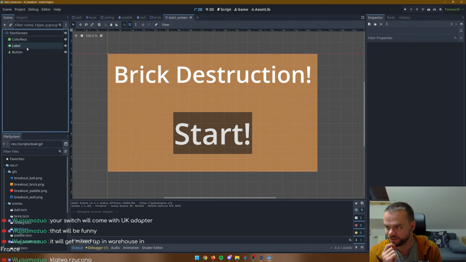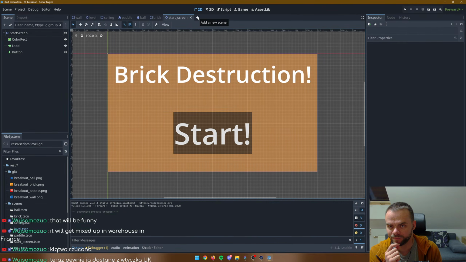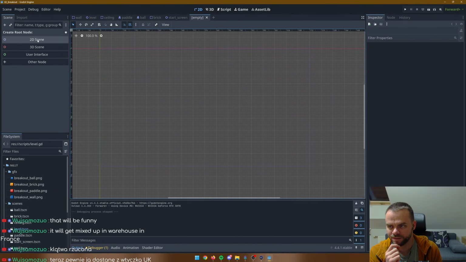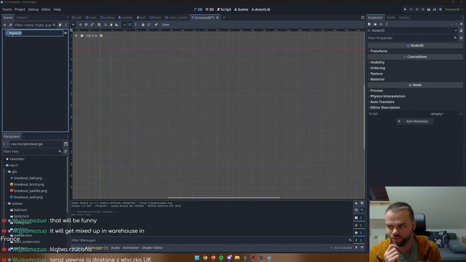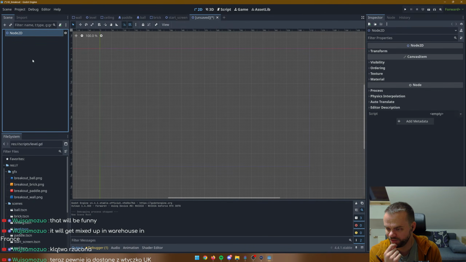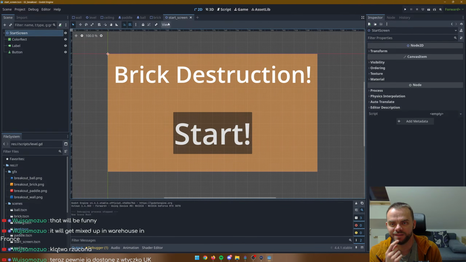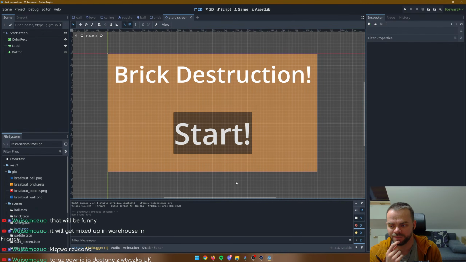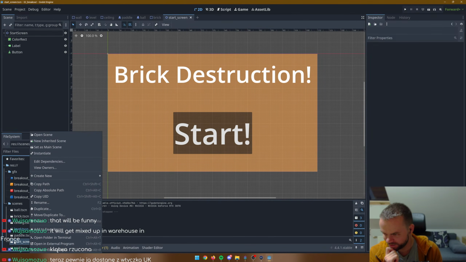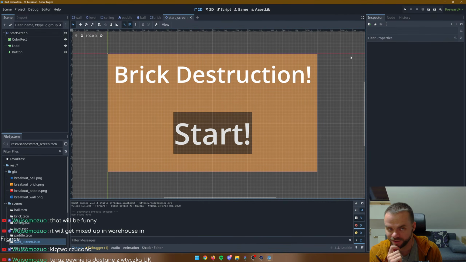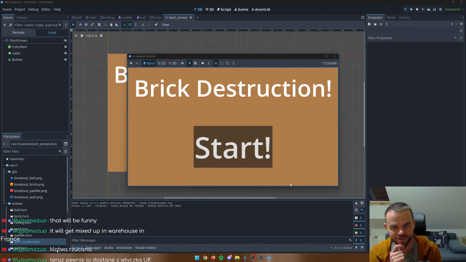I want to have a separate scene that will be a root for all the scenes. Do I even need that? I'm not sure. No, maybe I don't. Okay, let's just set the start screen as the main scene. So now when we start the game, we see that beautiful